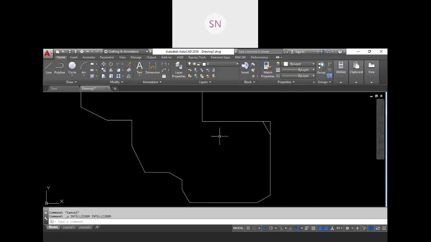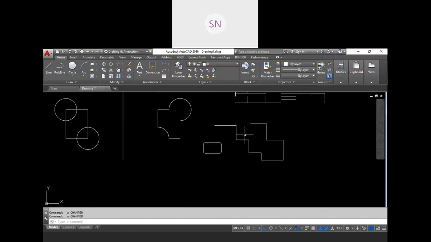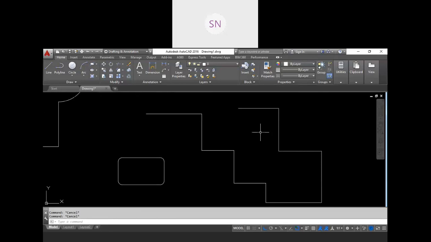So like chamfer, we have another tool, that is fillet, that is also an edge preparation tool. For the fillet, it is very simple. F, enter, and we just need to enter the radius. We have only a single method over here. For example, 10 mm radius, enter. Choose multiple. Now it is not necessary to select in a sequence, first line, second line, because both lines are going to be cut equally, right?